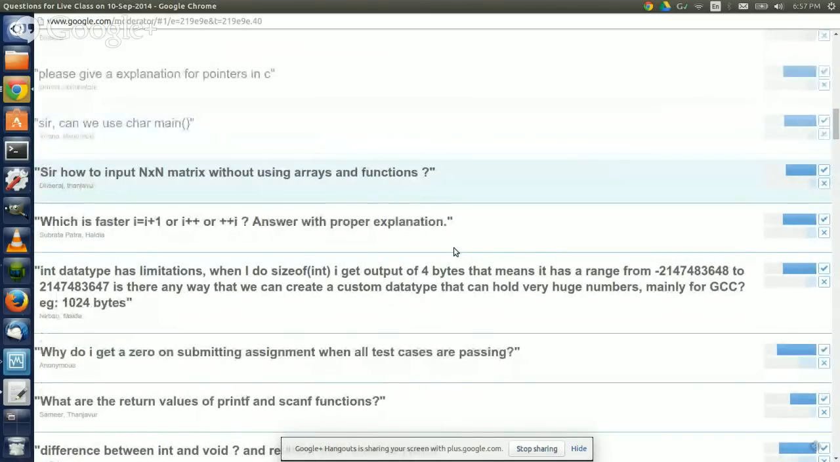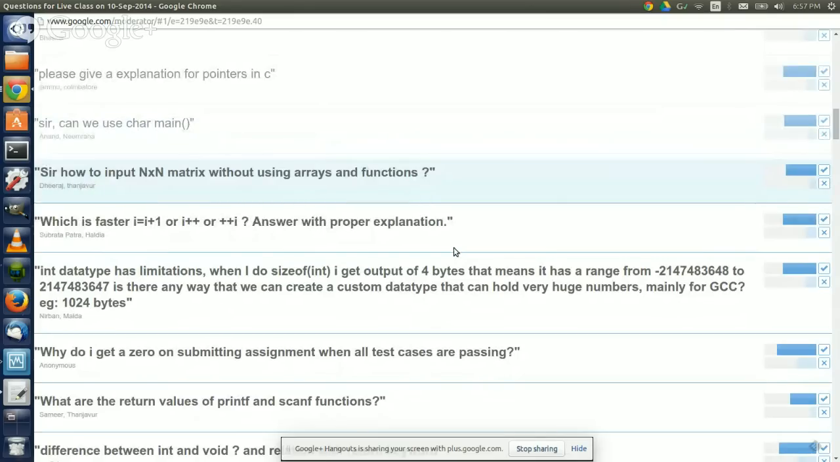What about this question? This is about how to input a matrix. I think this is related to the assignment on the triangular matrix. So I would